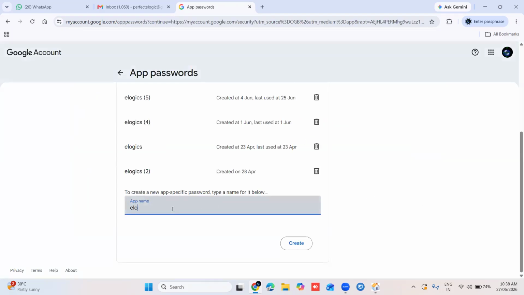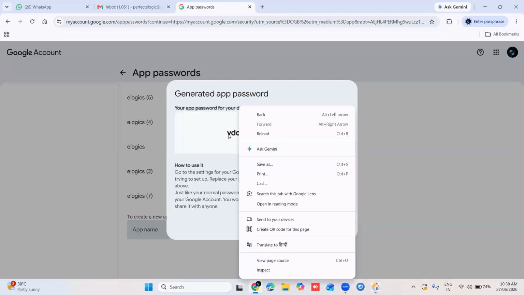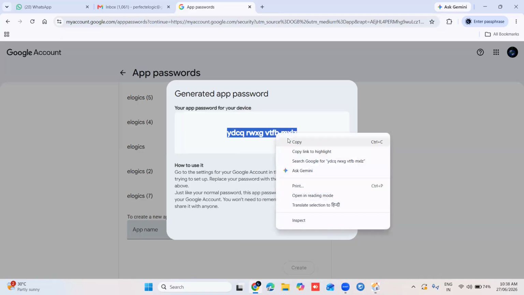Now here eLogics, click on create. Copy it,